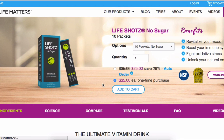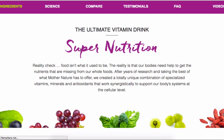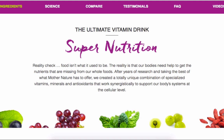So, here we go. One thing that I do like about this supplement is that it's based off of real food. Ideally, you want to get your vitamins, minerals, and nutrition from real food, and that's what they do here for Life Shotz. Obviously, you can't fit an apple into a little packet of powder, but you can take the extract from kale, blueberries, all that stuff that's real food, and then put it